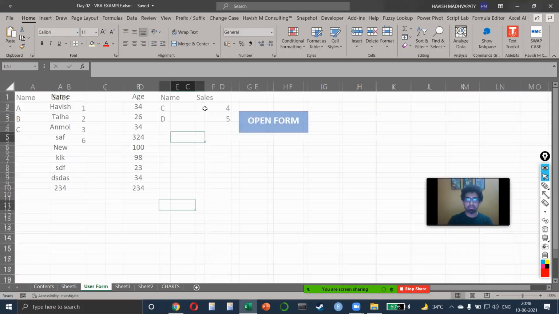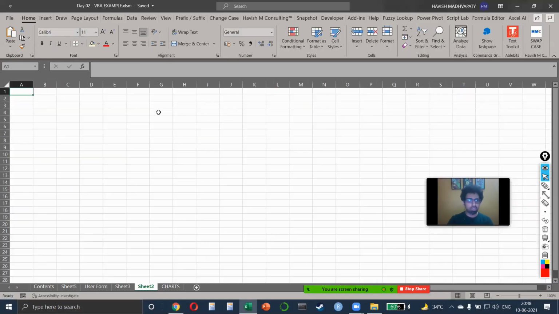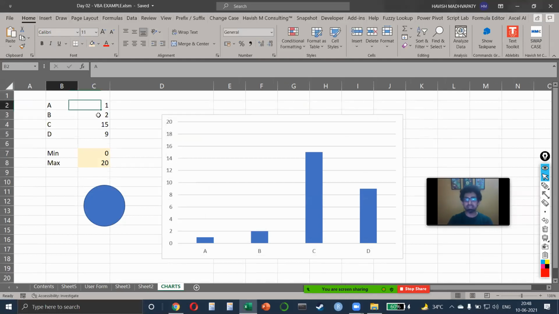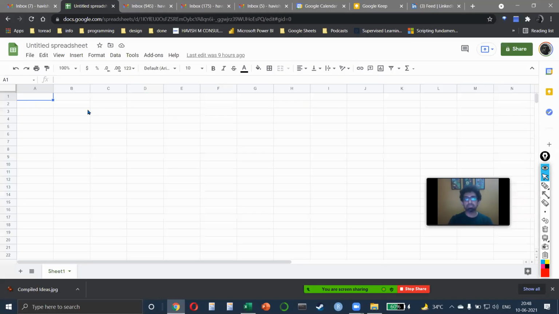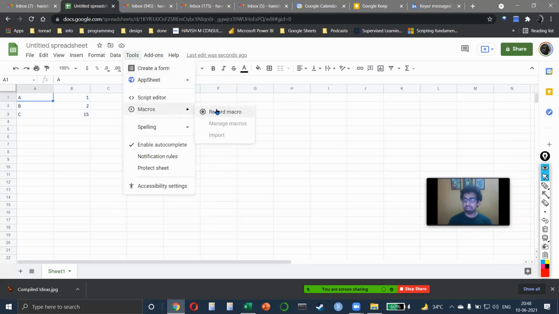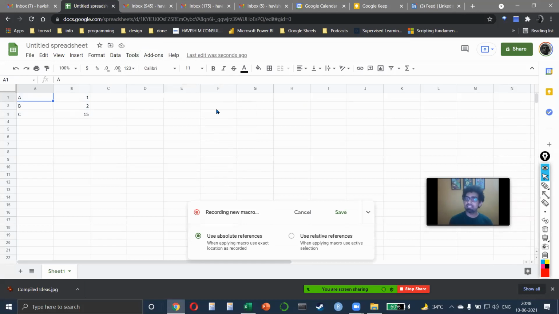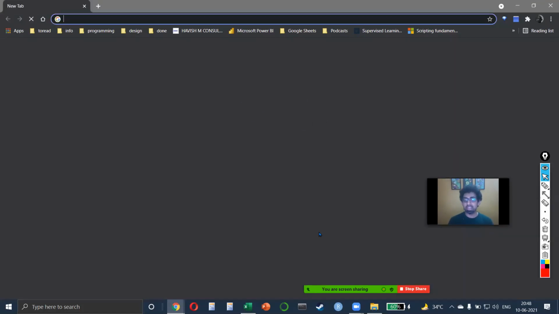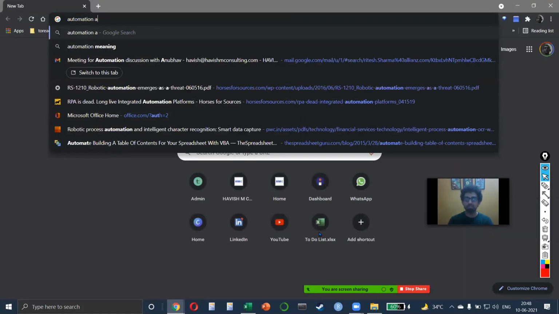I'll take the same data that we had, which was, have I deleted it? Doesn't matter. Let's just take something new, add it here. Tools, macros, and I can say record macro. Just like Excel, it is showing you absolute or relative. Do you see this? In fact, even if you're working with an RPA tool like Automation Anywhere, which is the